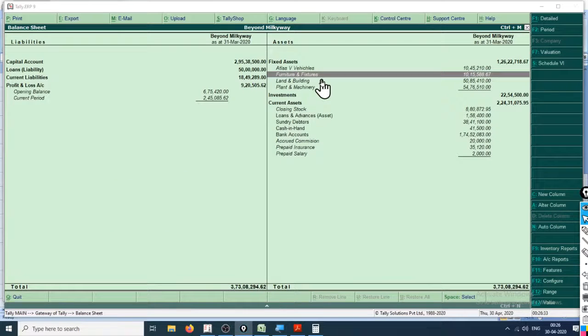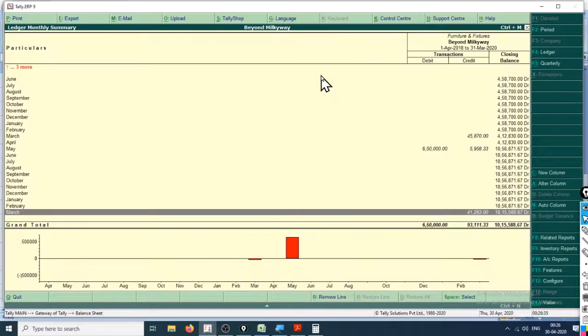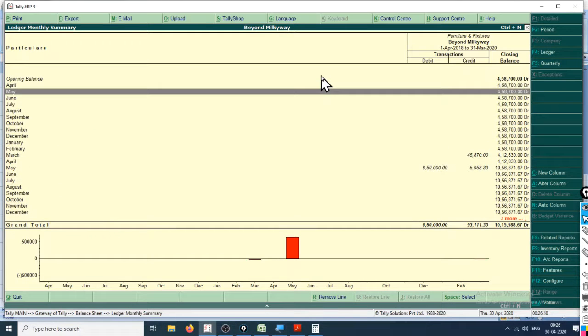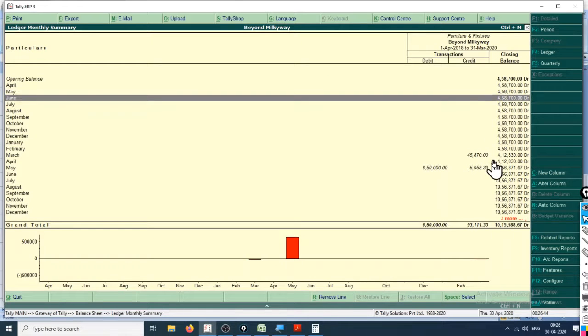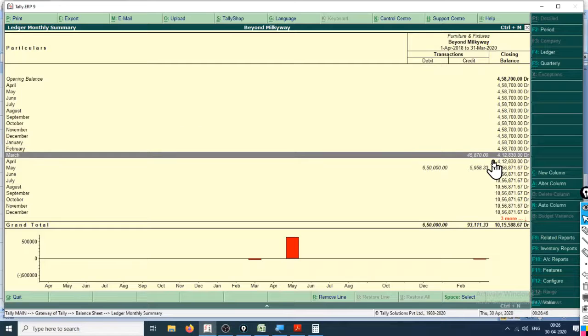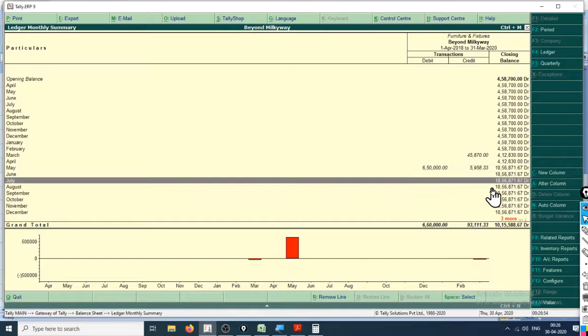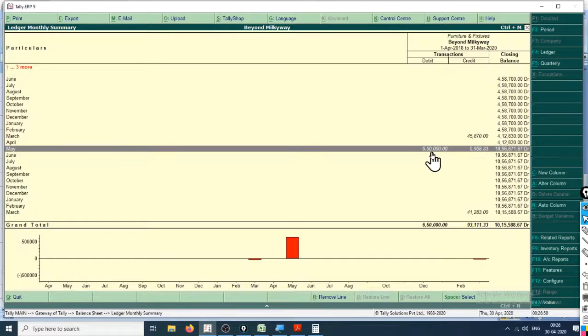Furniture and fixture, you can see right here, enter. 4,58,700 was the opening, and then charging the depreciation for the year 2018-19, that is 45,870, and then charging the depreciation on 6,50,000.